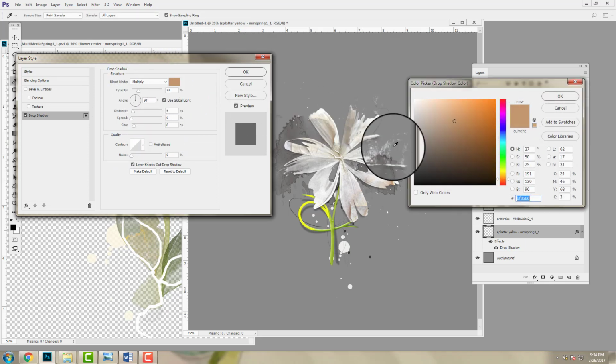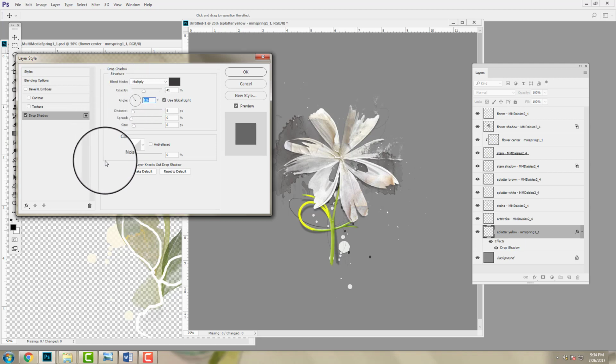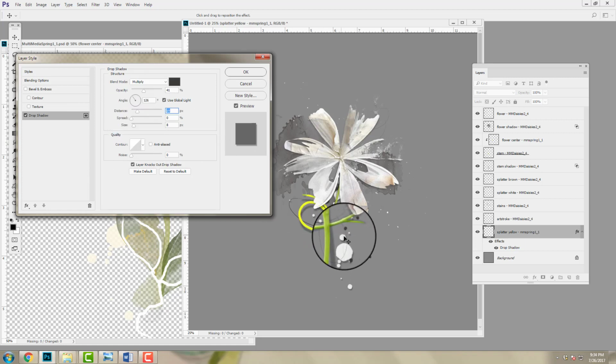We can change the color to a darker color, so perhaps a dark brown. I like the opacity to usually be around 40%, and then I like my angle to be around 120, and then you can also change the distance, and you can see how that makes this splatter sort of pop off